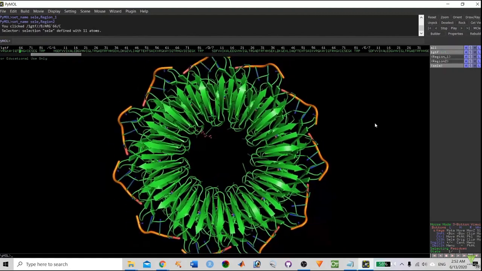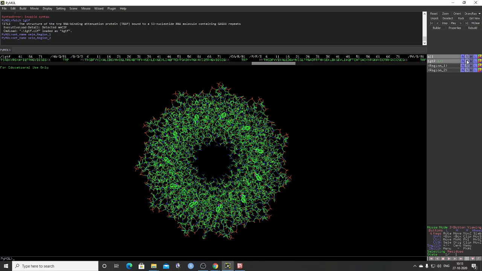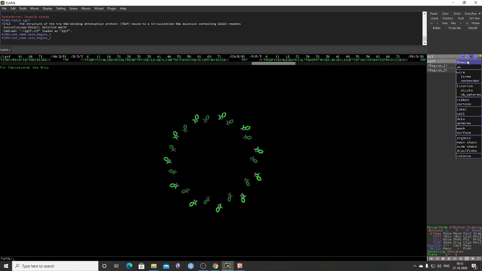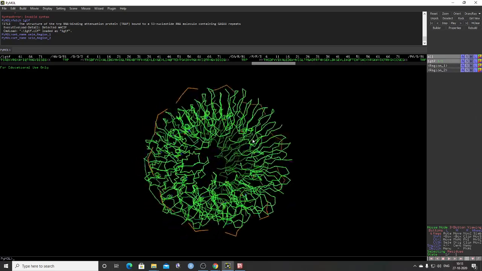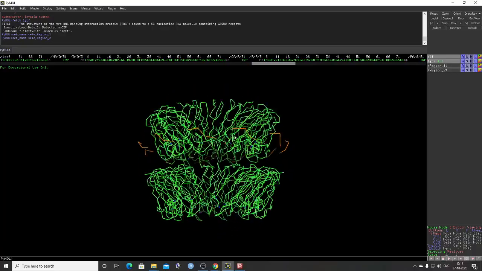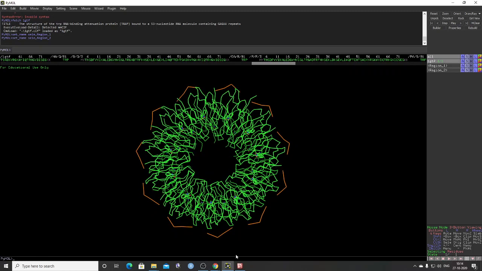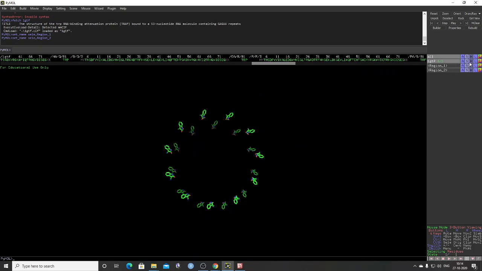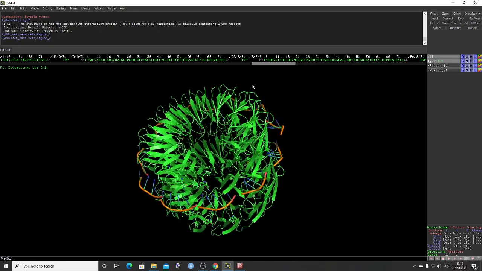You can see here, I will show you. So this one was in the lines format, right? Now we want to hide it again. Hide lines. Now we want to show it in the ribbon format. So this is a ribbon format of the molecule. Whenever we say biochemistry molecules, in your biochemistry books, they appear in different formats. So this one is a ribbon format of our molecule. We can again make it the cartoon format: hide ribbons, show cartoon. So now this molecule is in the cartoon format again.